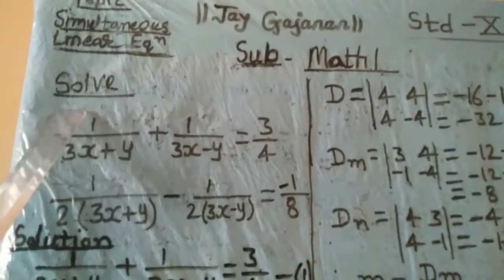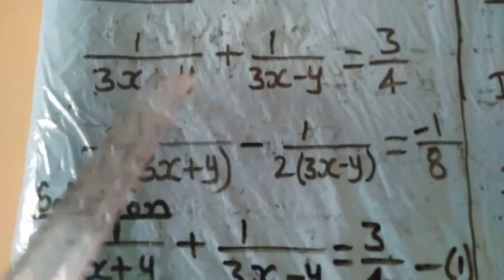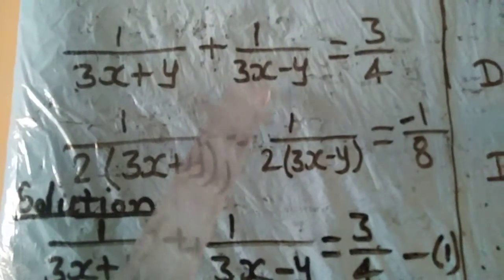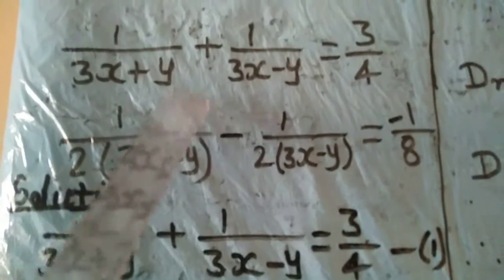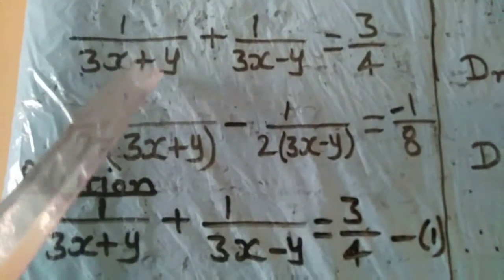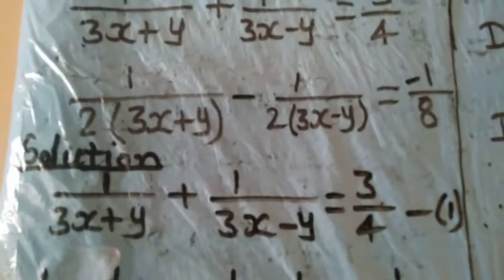We already discussed pair of linear equation form. That is, equations reducible to pair of linear equation form. Now let us take some more examples on it. Here the equations are not in standard form. So first of all, write that equation.